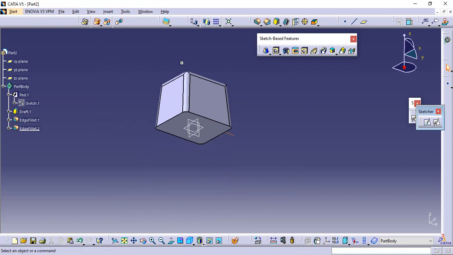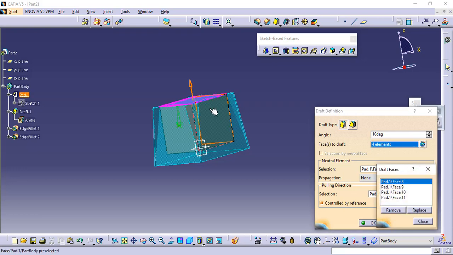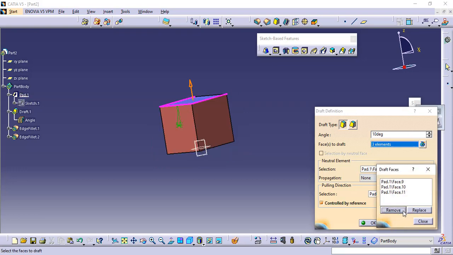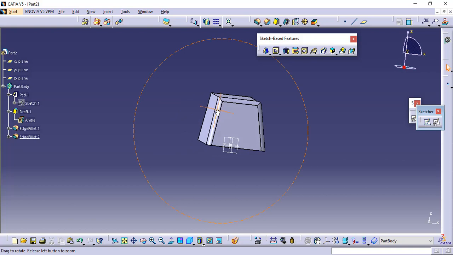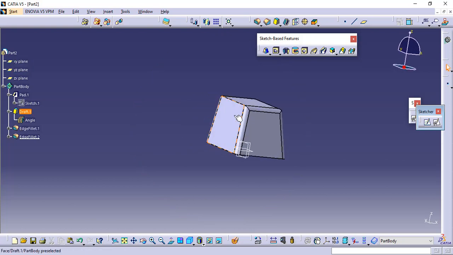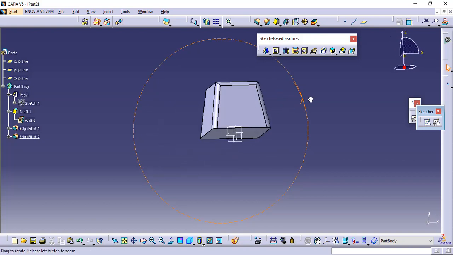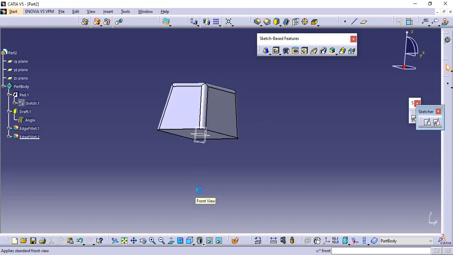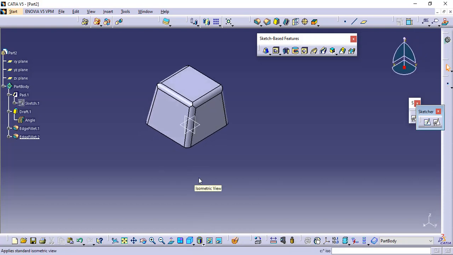And what more in this is the draft angle. The same, you can increase or decrease the draft angle, like 10, preview, and you can remove any face. Like I don't want the face on this side, I will remove it, close, preview, and you may see this face is drafted at an angle of 5 degrees or 10 degrees, but this face is not drafted, and you can see from the top front view. You can see this face is straight, drafted and drafted. Okay, this is all about the draft filleted pad command.